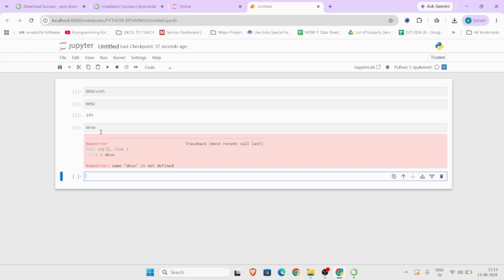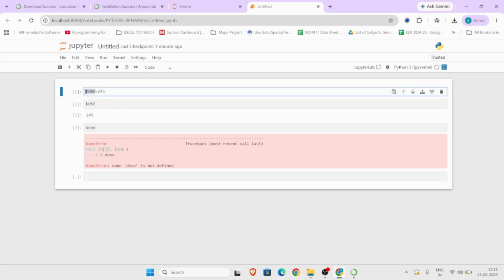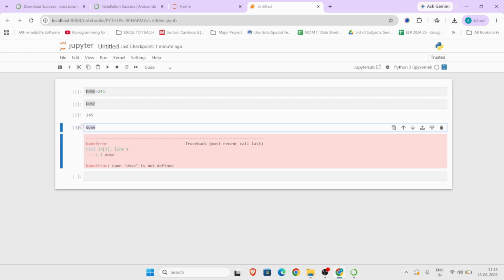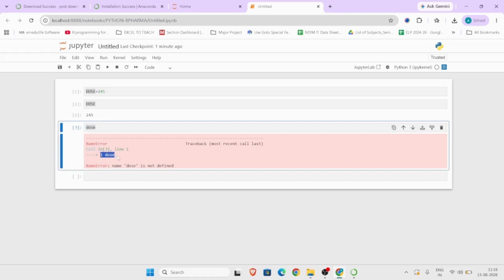So yesterday we did one program. These are all cells. Can you see these are the cells where this box bracket is coming. At line number 1 you have written dose 245. In line number 2 you have written dose, meaning you want to display what is lying in this variable. Dose is a variable and 245 is a value. So this 245 value is going to get initialized in the dose variable. These variable names should be meaningful, as we learned yesterday. They are case sensitive. That's why when I write dose in small case, it is not giving me any output. It is only showing me the error message, and it is showing in line number 1 the NameError: name 'dose' is not defined.